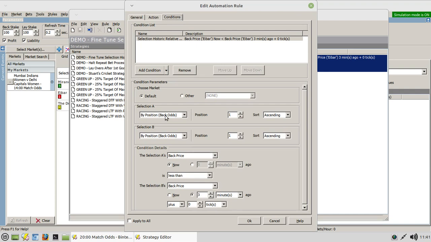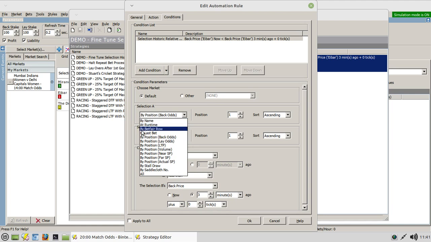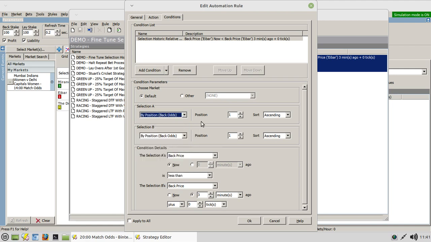Now that may not necessarily be a good thing to do, in the sense that in the intervening time your favourite may change position, i.e. two selections may swap. So you may want to go to Betfair row, for example, or indeed do it by name. But we'll just leave it for back odds position for the purposes of this demonstration. But you may want to play with that, as I say.